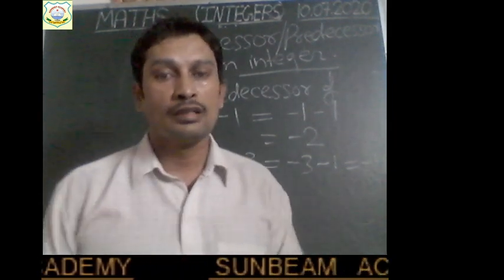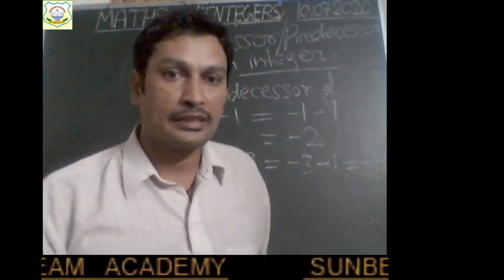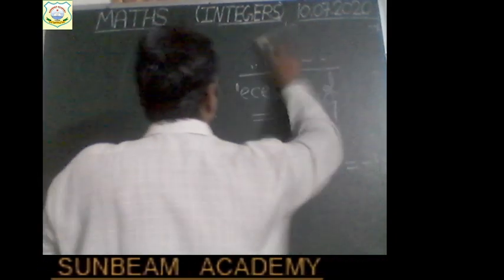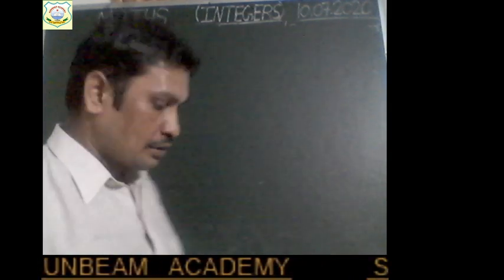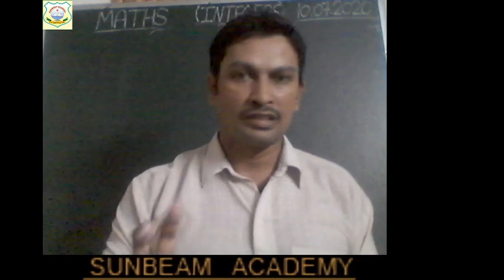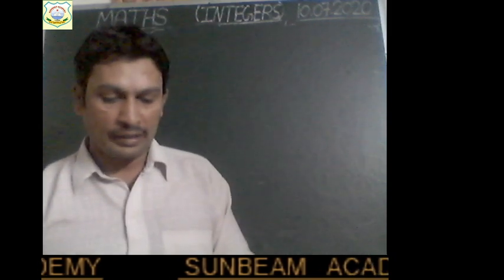Now let us move to the exercise 2a. Sorry, exercise 4b. Okay, so let us start. All of you are supposed to open exercise 4b now. Exercise 4b is on page number 68, children. I hope you all have the book. I am not sharing the book with you. If you do not have the book, you can inform me. From the next class, I will share the screen and the book also. Right? So see question number 2 in exercise 4b.